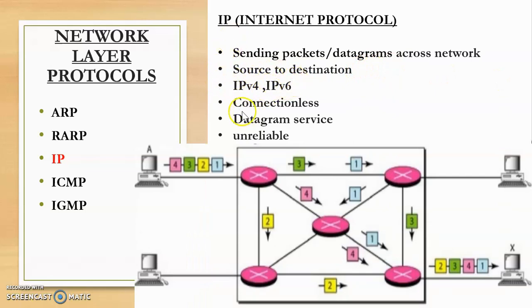Also, this IP protocol is a connectionless protocol, or it provides datagram service, which means that there won't be any connection set up before sending the data. So since there is no prior connection before sending the data, when the packets are sent, they may arrive out of order at the destination. So then it is the responsibility of the higher layers to reorder the data. Also, it is unreliable because it just sends the packet. It does not keep track of whether the packet has really been delivered or if the packets are lost.